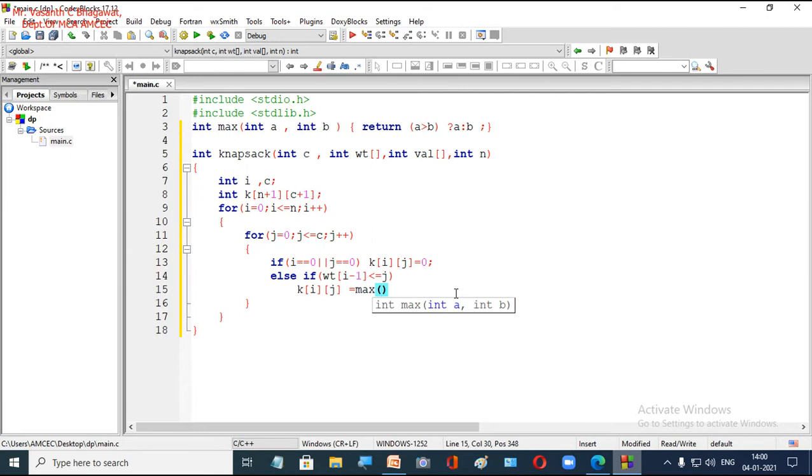we are going to find the maximum of 2. What are the 2? The first one is k of i minus 1, that is the previous value, k of i minus 1 and j.